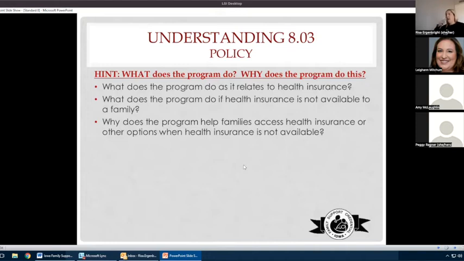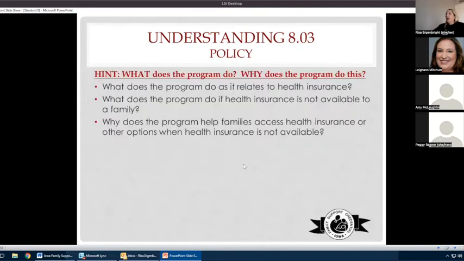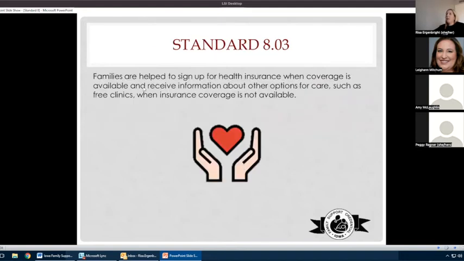A lot of times we see it on enrollment paperwork, but it could be on other things as well. That's the first step in addressing the standard: finding out the status of health insurance for all of the family members. A lot of times we focus on moms and target children, the child enrolled in the program, but really, the standard talks about families, so it's all encompassing. It's whoever's included in that family.